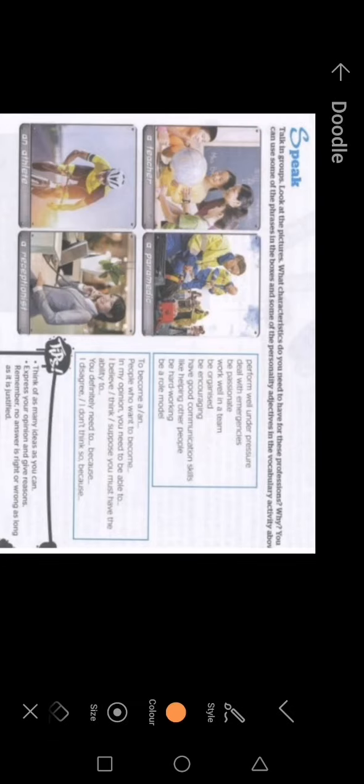It says, talk in groups. Look at the pictures. What characteristics? What is the meaning of characteristics? Ciri, 特征. Okay, you have to know all of these words. These are all very commonly found words, yeah? Ciri, 特征. Do you need to have for these professions? Just now, the word that I used just now was